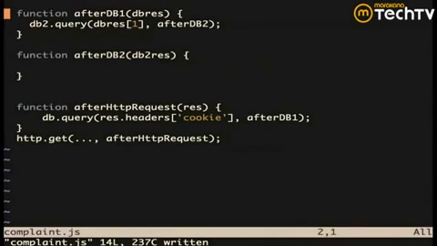The more complex question is, is it possible to abstract multiple things here into something, where I'm doing this complex series of database calls, one after another, and I want to present my users with a nice, friendly interface to that and not expose them to the madness of callbacks that are happening under the table? And the answer is yes, of course you can do that. So the way that you do that is